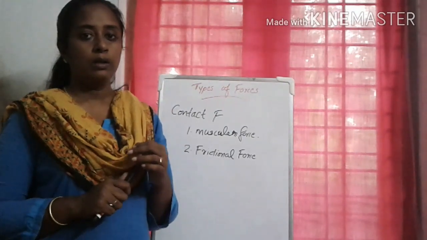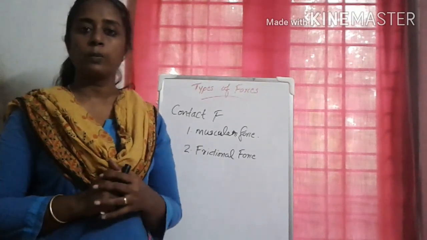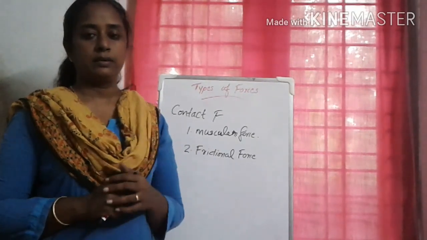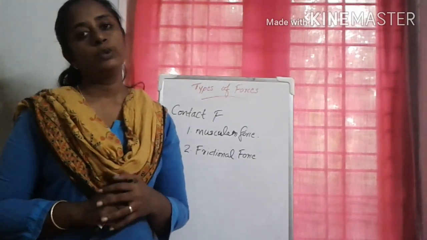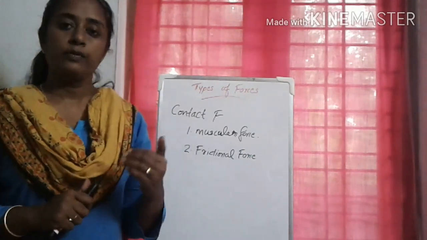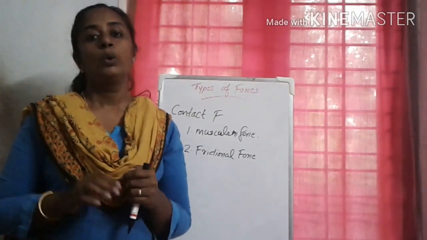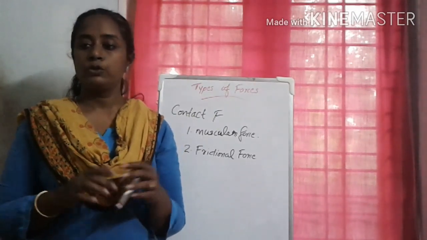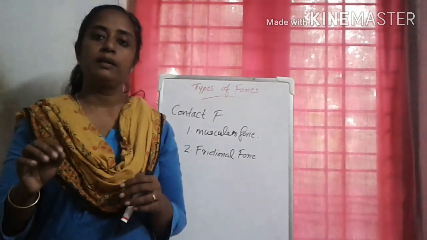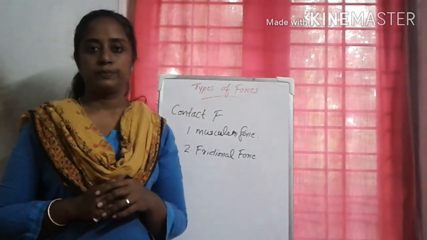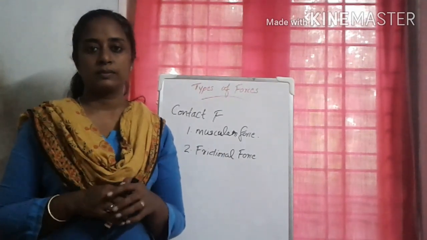Consider a ball rolling on the floor. We know that after some time the ball will stop. What is the reason? We studied different effects of force. One of the effects is that force can move an object and force can stop an object. Who is stopping the ball? Actually, we cannot see any force acting on the ball, but its speed reduces and it stops after a certain time. The force that stops the ball is frictional force.